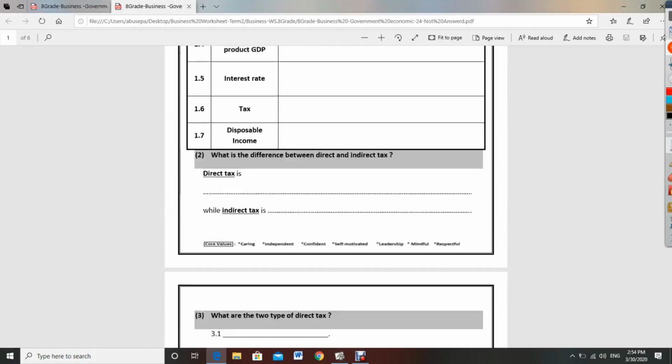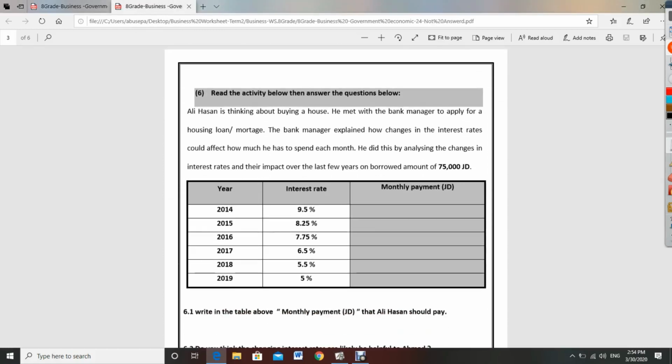Okay, let's go to question number 6. Read the activity below, then answer the questions. Ali Hassan is thinking about buying a house. He met with the bank manager to apply for a housing loan or mortgage. The bank manager explained how changes in the interest rate could affect how much he has to spend each month. He did this by analyzing the changes in the interest rates and their impact over the last few years on a borrowed amount of